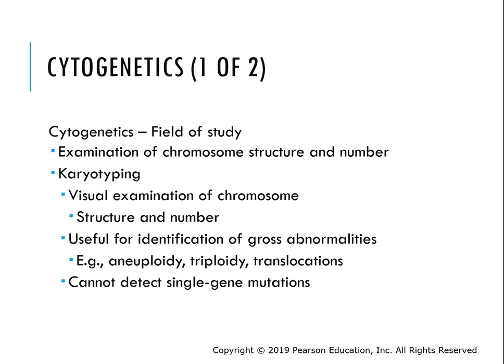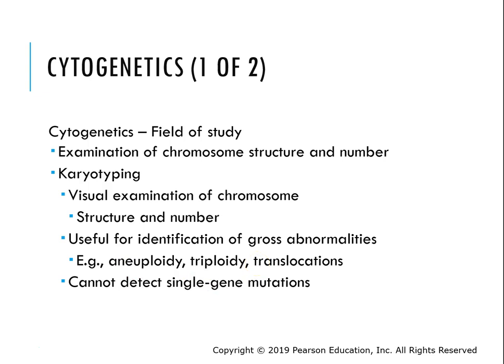Okay, so maybe that explains it a little bit better, right? If you want to examine chromosome structure and number, you can use karyotyping, which is just a visual examination of the chromosomes. It'll show you the basic structure of those chromosomes and the number of the chromosomes, okay? So you can identify gross abnormalities, right? Like trisomy of chromosome 21, or even, it's mentioning here some terms that didn't come up before, triploidy, aneuploidy, meaning